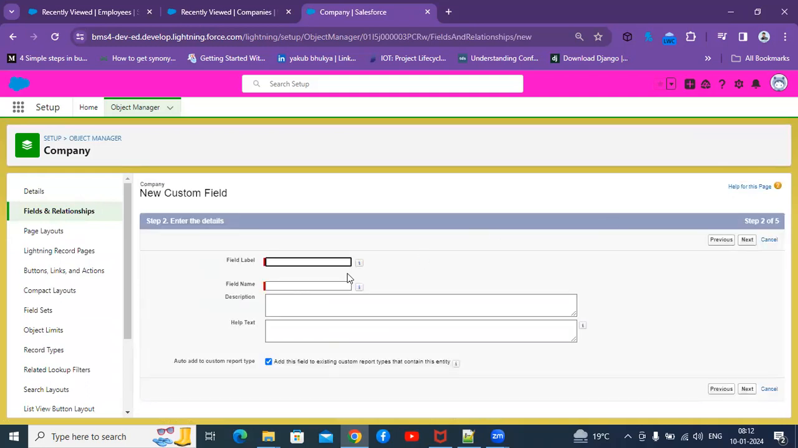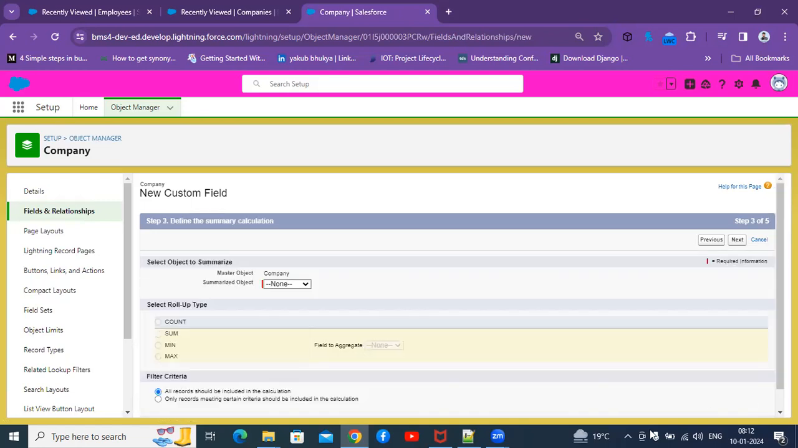I'm clicking on next. Now I want to name it employee count. I'm not adding any help text. Now in the roll-up summary field, it asks for the summarized object. Whatever children are associated with this parent will be available here. For the company, we have only one child, that is employee. That's why it is coming up. So now which